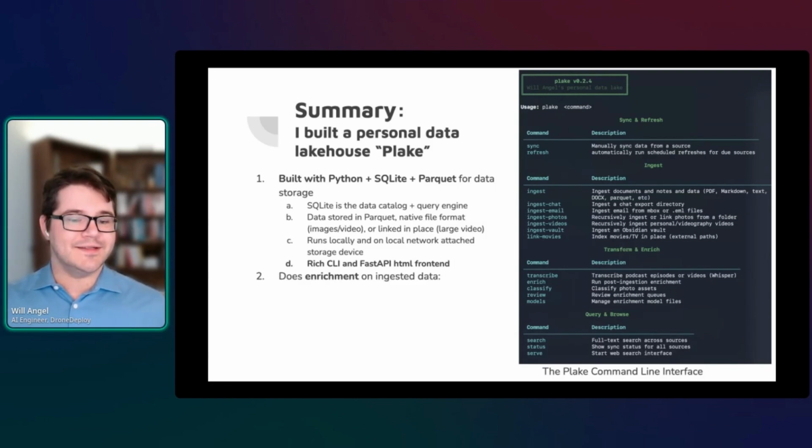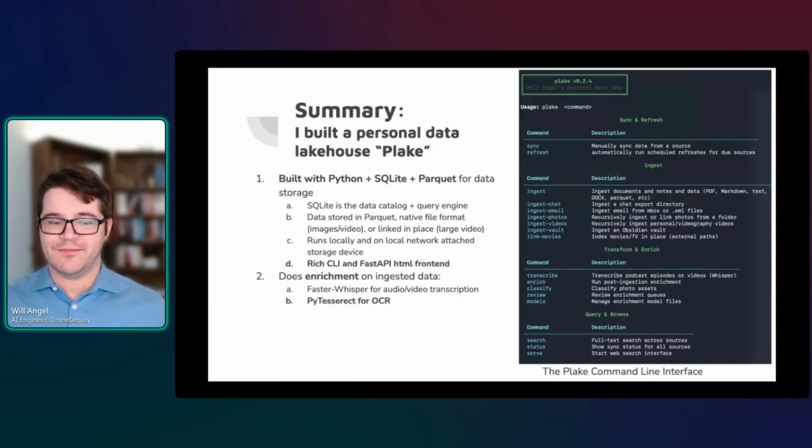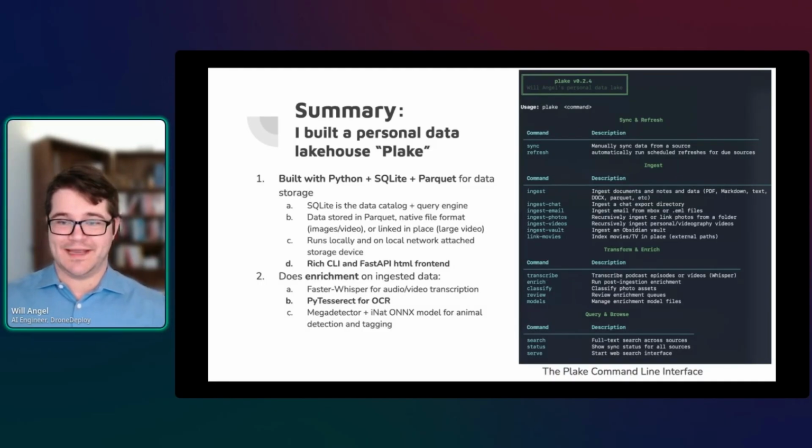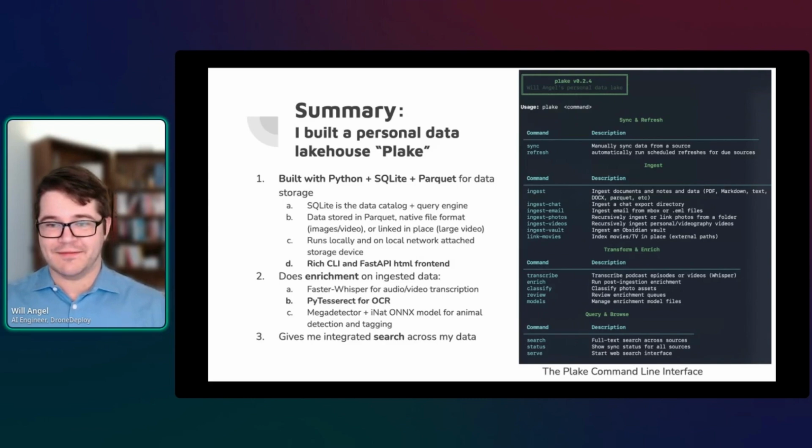The data lake also does enrichment on ingested data. Specifically, it uses Whisper for transcribing audio and video, and then does OCR on images that have text, and then does some cool stuff with machine learning to detect animals and tag those animals, which, like I said, was the primary impetus for actually doing this. And the big thing is it gives me integrated search across all my data. I'll show you some examples of that, but this is super useful and is done primarily with BM25 and SQLite's